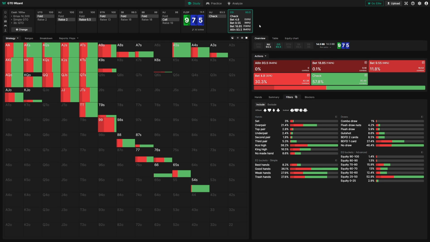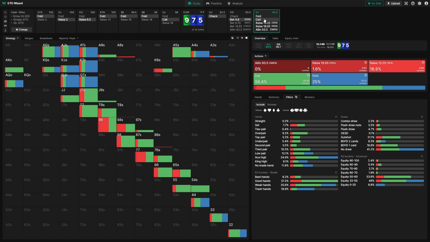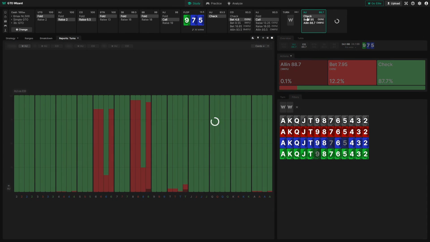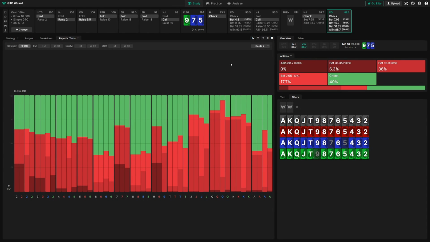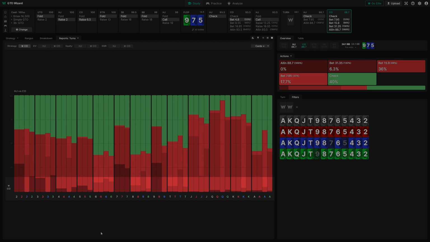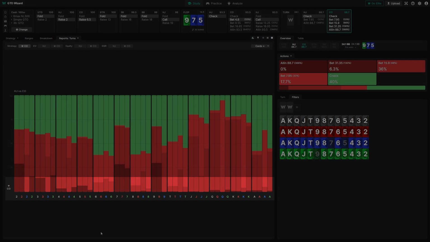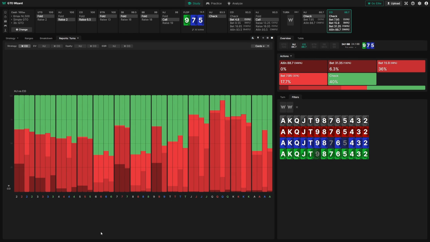Now, let's say you want to study turns, cutoff bets, hijack calls, and what most people do is they'll just enter a single turn card here, perhaps the turn card that was played in game, but the more efficient way to study this is to start again with turn reports. If I click turn reports, hijack checks, here I can see cutoff strategy with their entire range across all these different turn cards, right? And so this is going to be the quickest way that I can gain value from